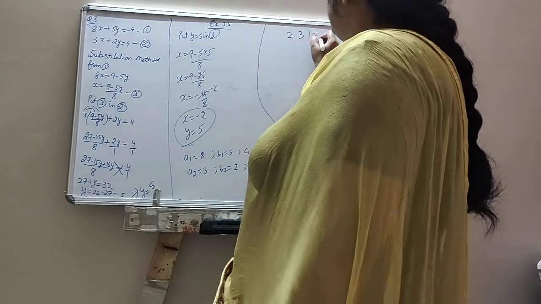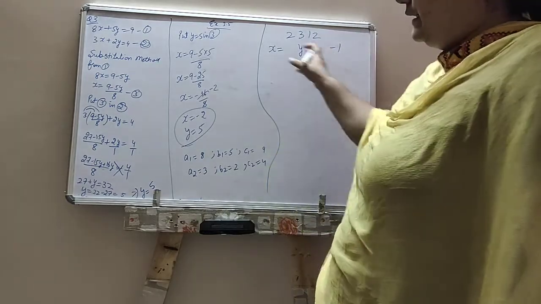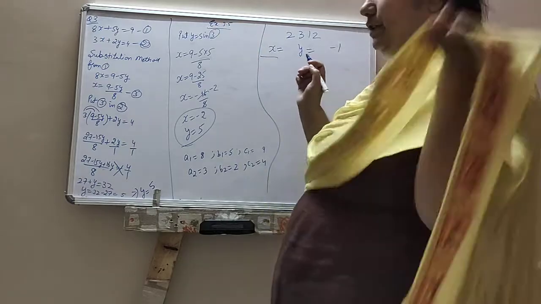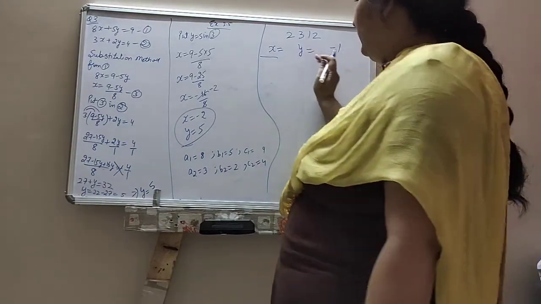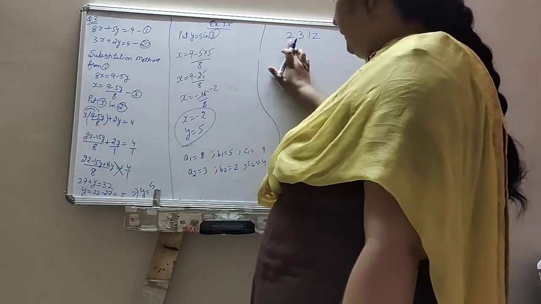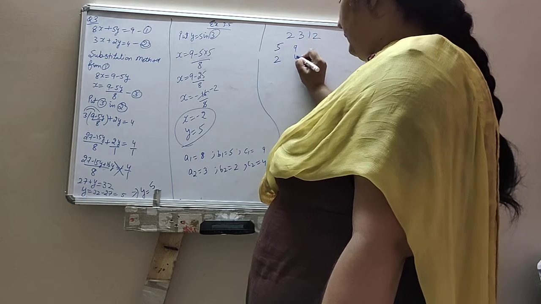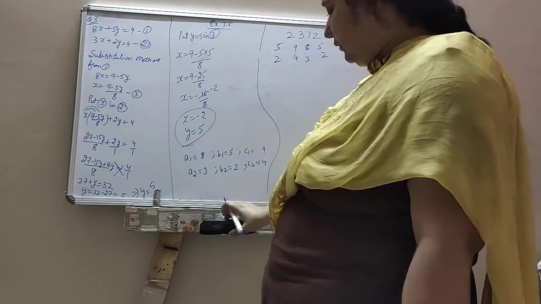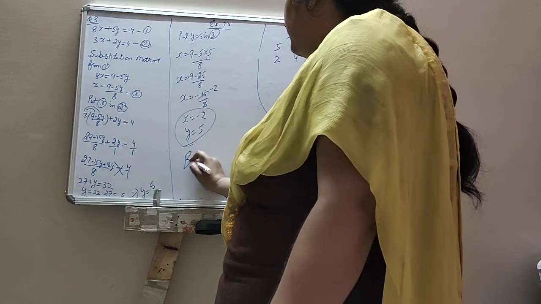So x is equal to y is equal to... here minus 1 will come if you do not shift the constant term to the other side. Means if you are not shifting the constant term to the left hand side, then here instead of 1 we will take minus 1. So here firstly before this we will write 2, 5, 2, 3, 9, 4, 1, 8, 3, 2, 5. Even there is no need to write this one also. Don't write it. I will write it by cross multiplication.